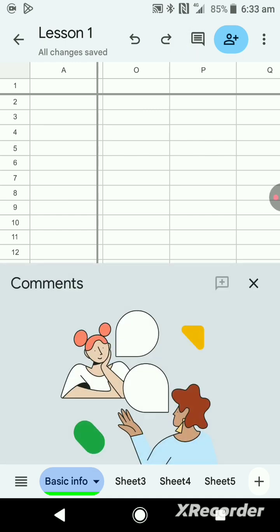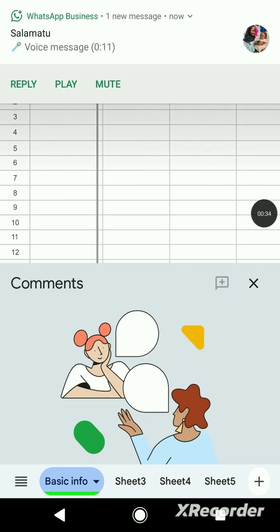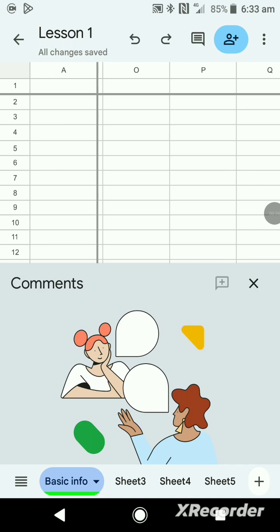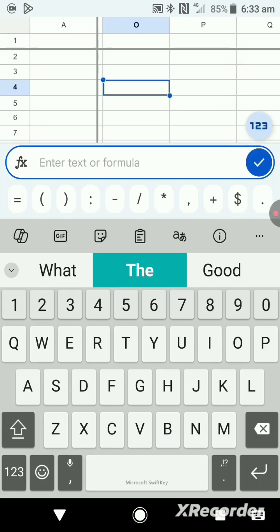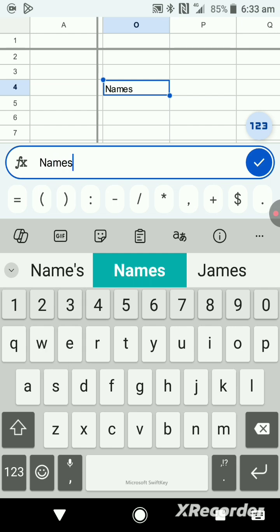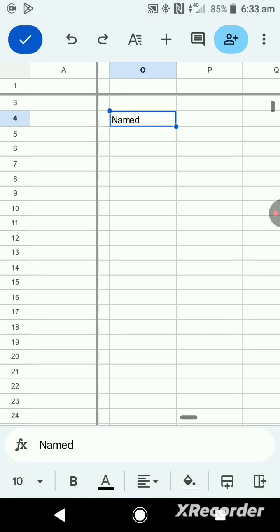Google Spreadsheet is a kind of online web-based application, and it works in real time as long as you have an internet connection available on the device you are using to work. So you can work with different people, and if you are working with a colleague or a partner, and let's say the person wants to write names and mistakenly writes named, you can easily comment on this